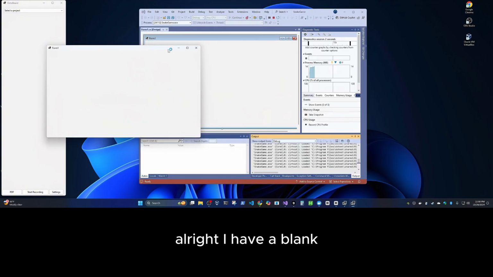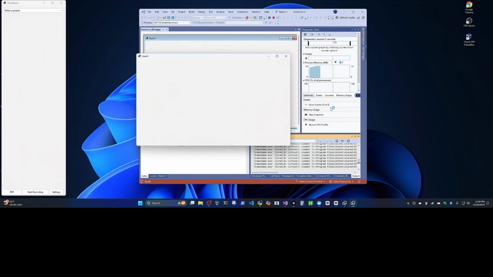All right, I have a blank Winforms project essentially.